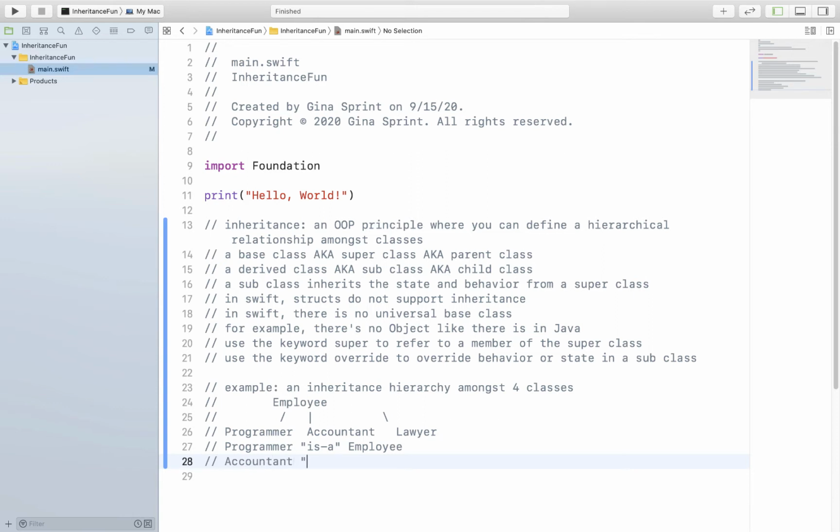Same thing with an accountant. An accountant is an employee. And one more, a lawyer is an employee. So I put "ISA" in double quotes because ISA is commonly used to represent a relationship that is inheritance as opposed